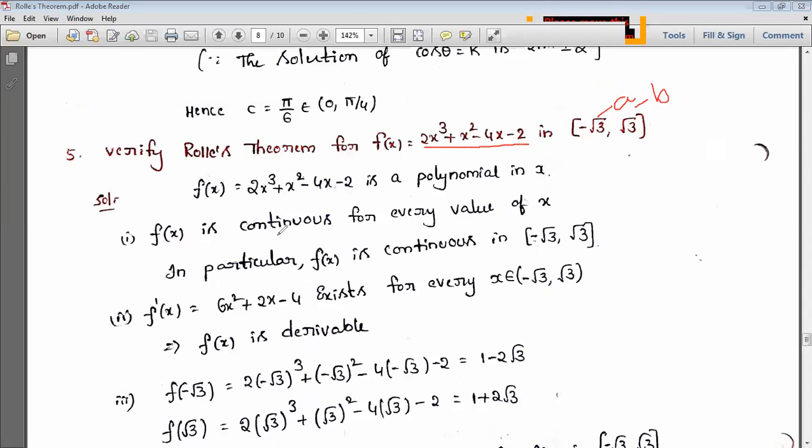So for that, this function is a continuous function. How can I know that, sir? You can take any value in between this interval, minus root 3 to root 3. The curve is from minus root 3 to plus root 3 for this one. You can substitute any value: root 2, 1, 0, or root 1.5, 0.5. Any value you can substitute in the interval, then it satisfies. Then we'll say that the function is a continuous one.